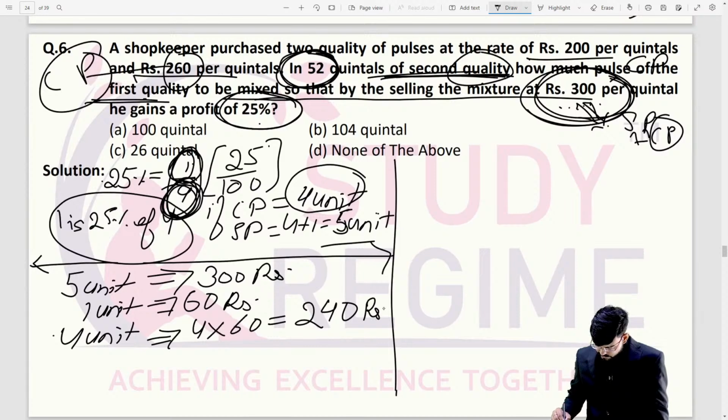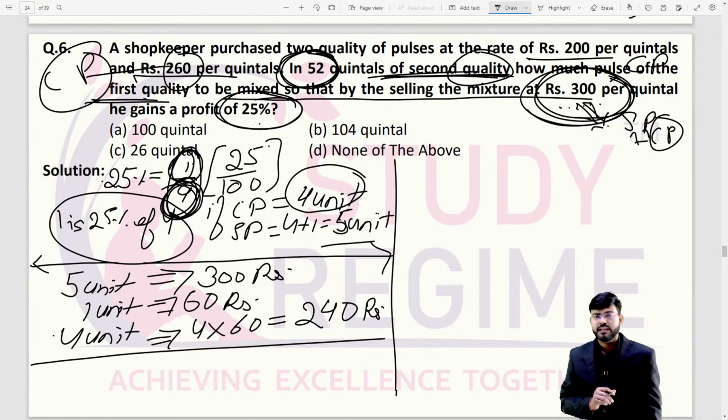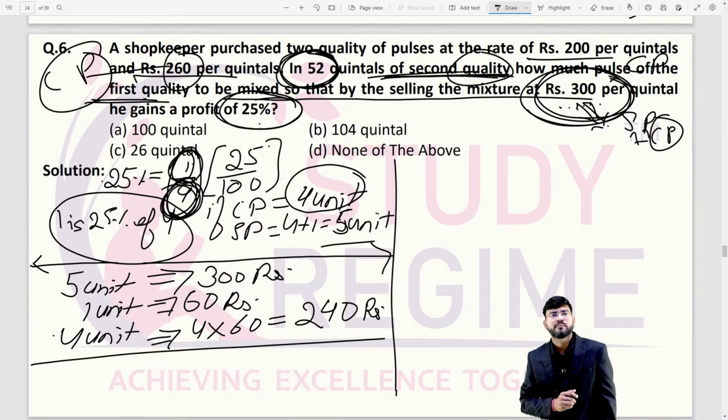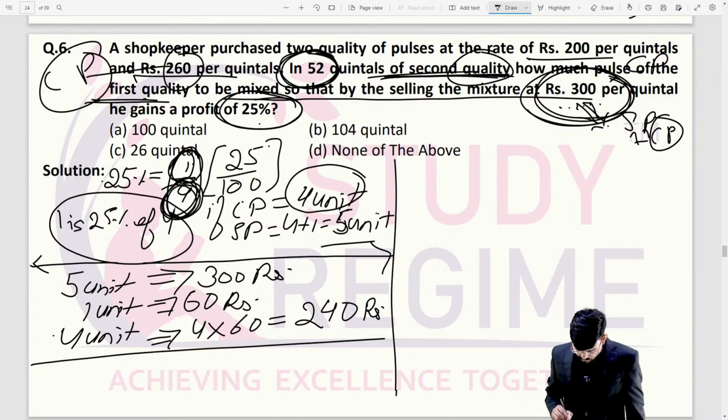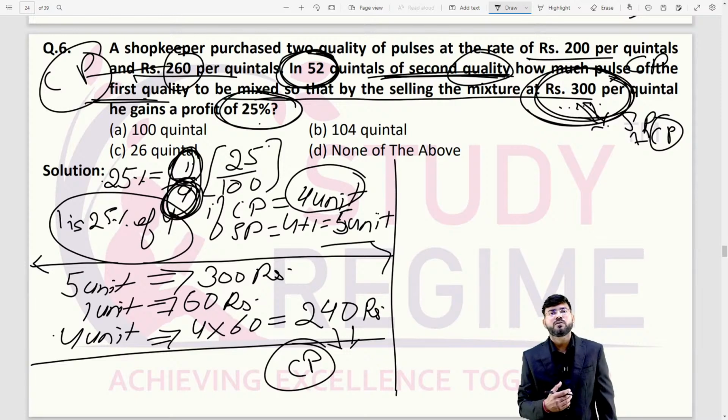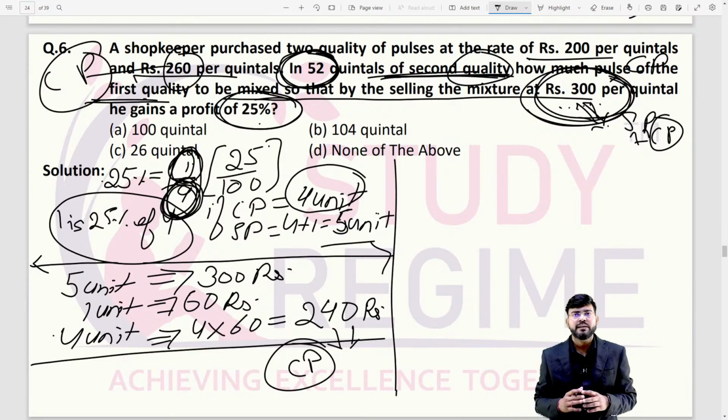That is 240 rupees. Clear what I have written in this part? Since 5 units represent 300, 1 unit will represent 60, and 4 units will represent what? 240 rupees. Okay. Now this is the cost price. If a shopkeeper wants to make a profit of 25% by mixing one quality with the other quality,